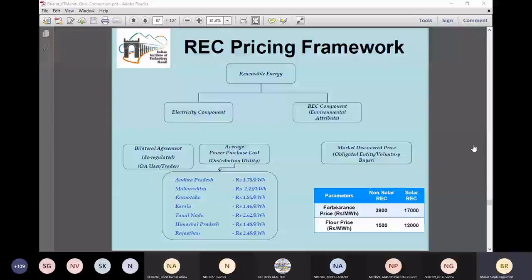But what if the certificate is sold at a value more than the minimum price? Then it can go up to the forbearance price. So in all such conditions, the renewable energy generator or wind farm is going to make a profit which is more than the preferential tariff. So that's why this REC pricing mechanism is beneficial for the renewable energy sources,